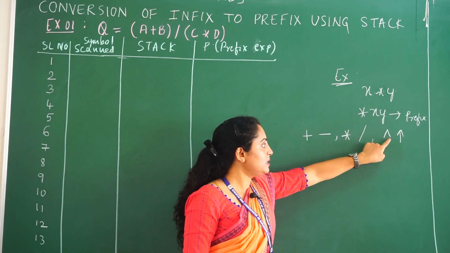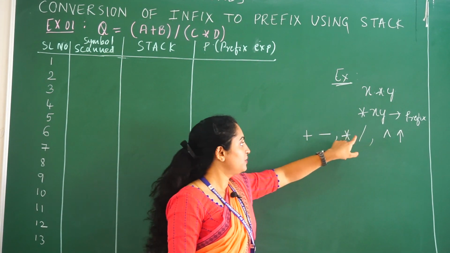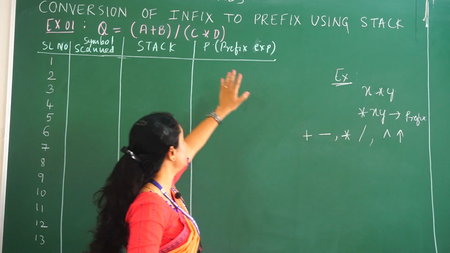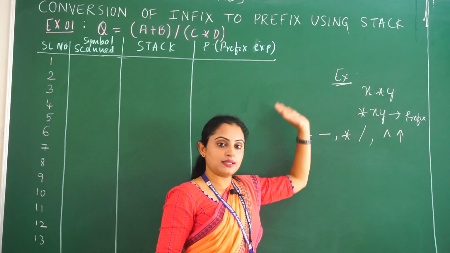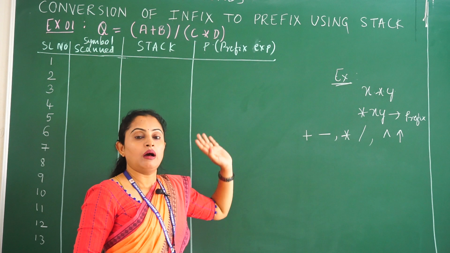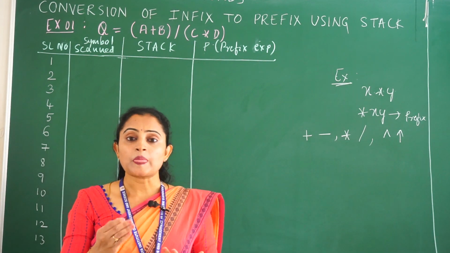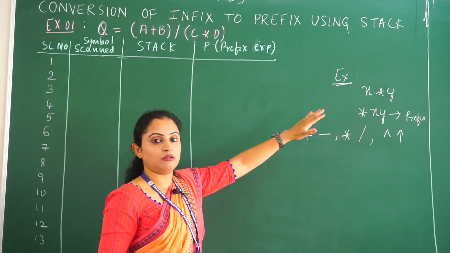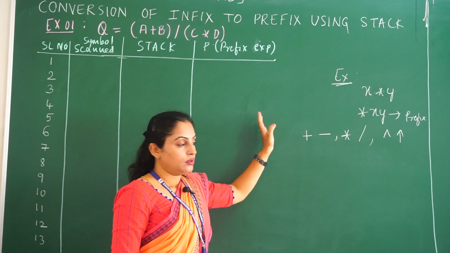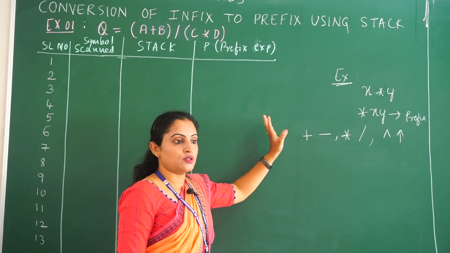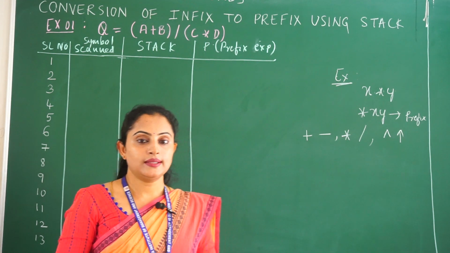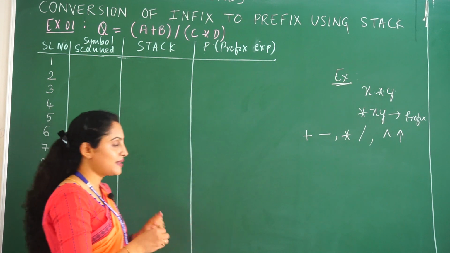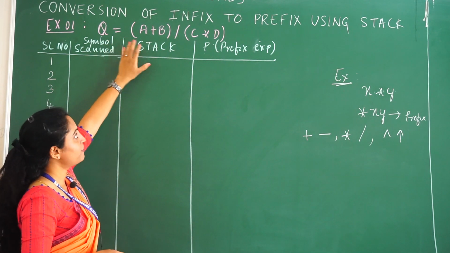If in the stack these operators are already on top of the stack and a low precedence operator is encountered, we have to pop the high precedence operator, keep it in the prefix expression, and then push the new one inside the stack. And one more thing, if an operator of the same precedence is encountered also, we have to pop out the top of the stack and keep that same precedence operator there. So this is the rule of the algorithm; for all the conversions, postfix, prefix, infix to postfix, it is the same. So let's start this. Guys, we are going to scan from right to left.